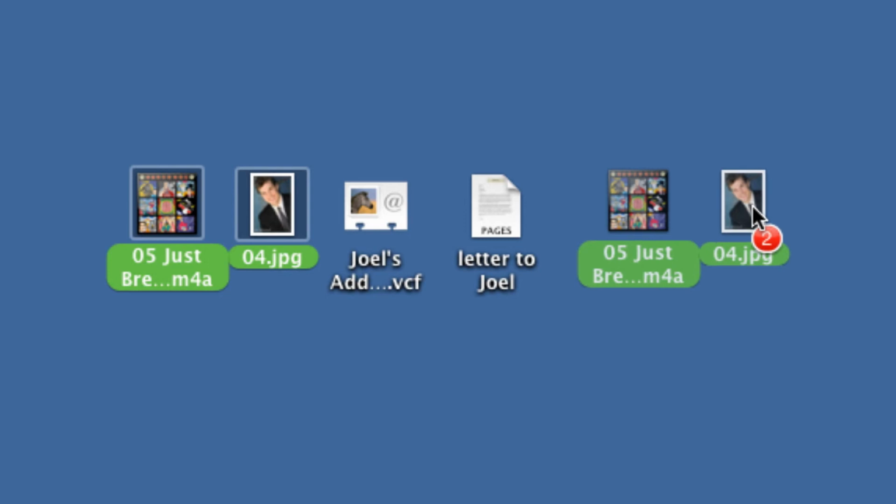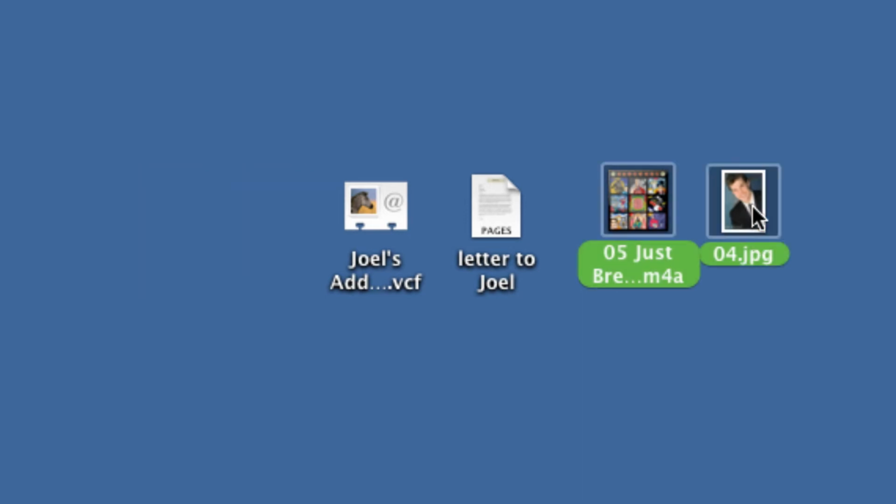And I've moved the semi-transparent versions of them over to the place where I want them to go, and you can see where they're going to go, and then I let go. And now they have moved. And they're still selected. I could even move them back. Like this time I'm going to put my cursor on the other icon, move them back,